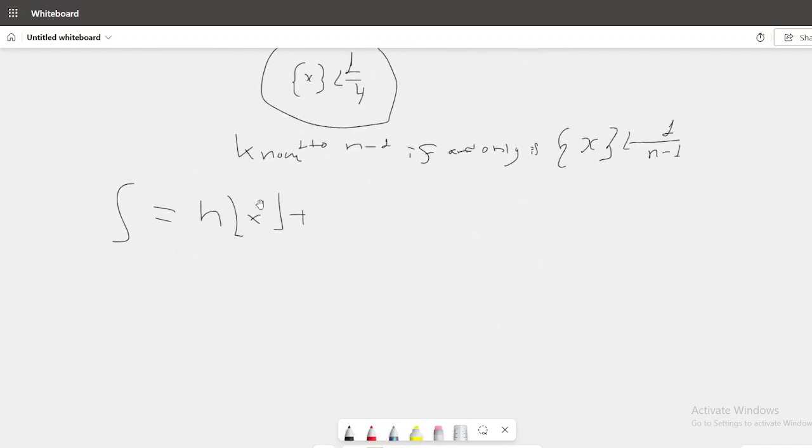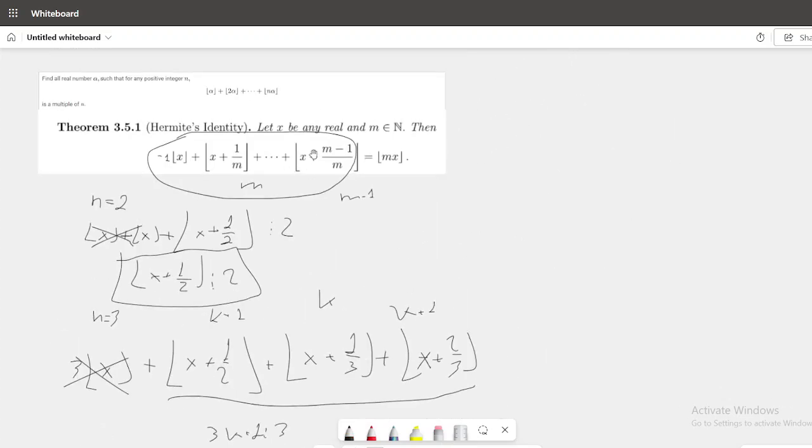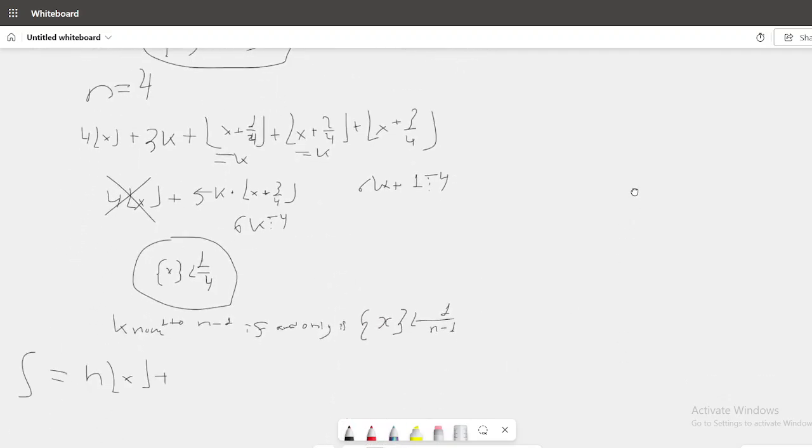S is equal to n times the floor of x plus, remember this, so for m equals 2, we have 1 term. For m equals 3, we have 2 terms. And for m equals n minus 1, we have n minus 2 terms. So we're going to have k times 1 plus 2 plus, because we know all of them are k. We know everything is k other than what I'm going to say here, n minus 2, then plus n minus